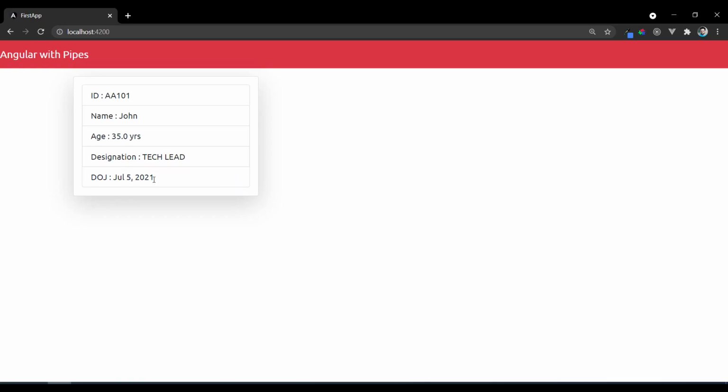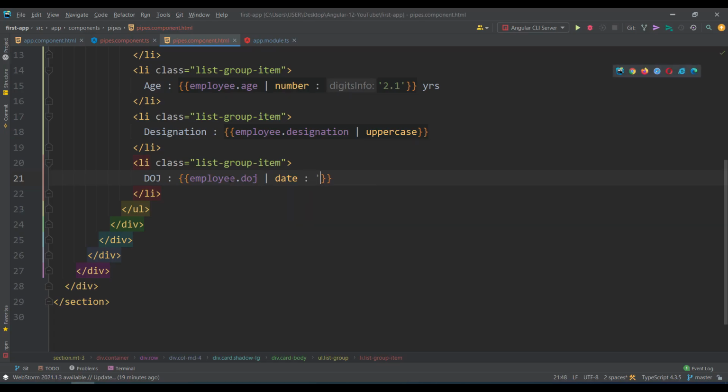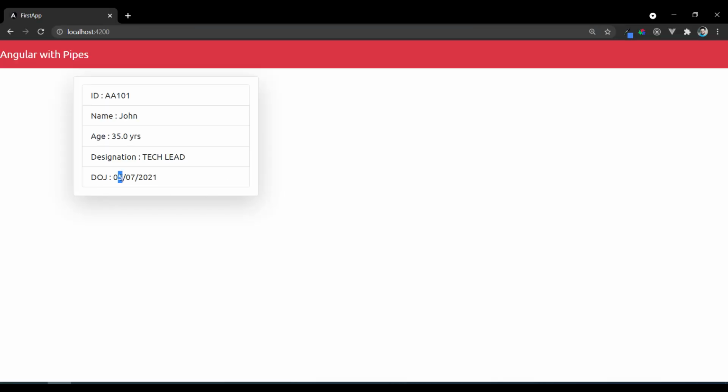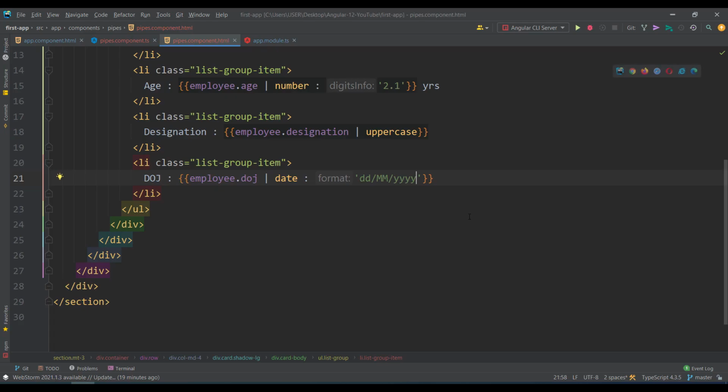But I want a date with some slash or hyphen like that. For that also you can make it. For example, let's say DD slash MM slash YYYY. So you get the date and month and the year. If we just say YY, it's just 21.